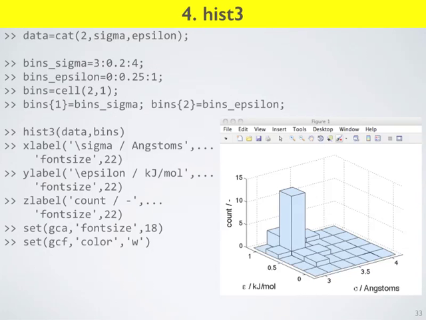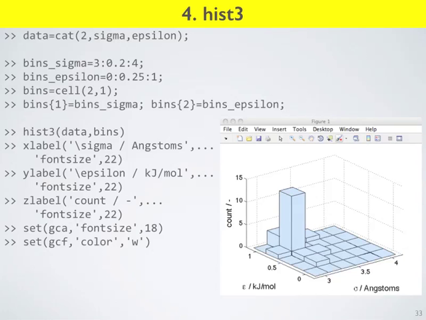You can make histograms with two axes. They look like this. We had the sigma histogram in the last plot, which was the projection onto the sigma axis. Imagine you wanted to make a histogram in two different variables and then plot it in the third variable. What we're going to do here is concatenate our data.